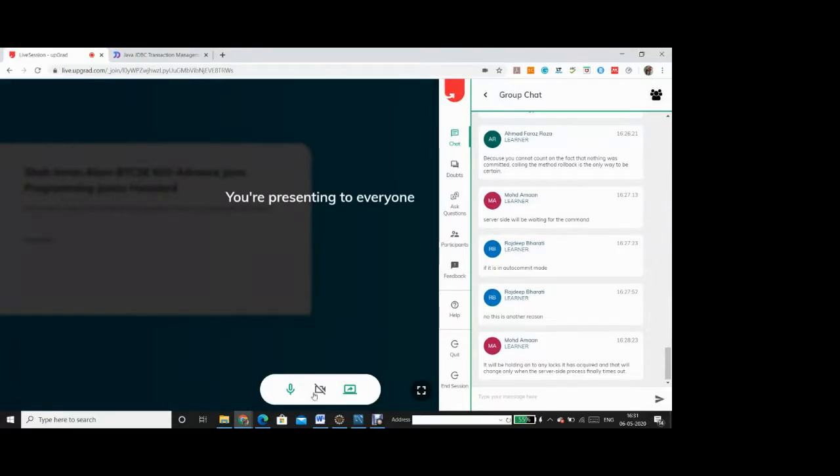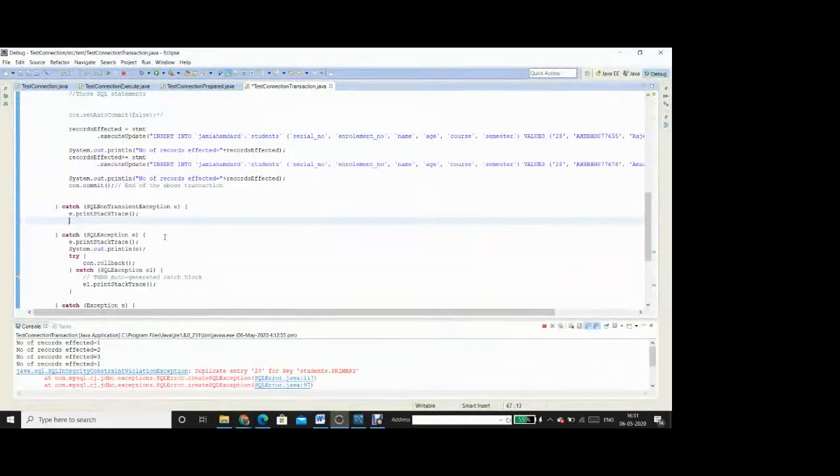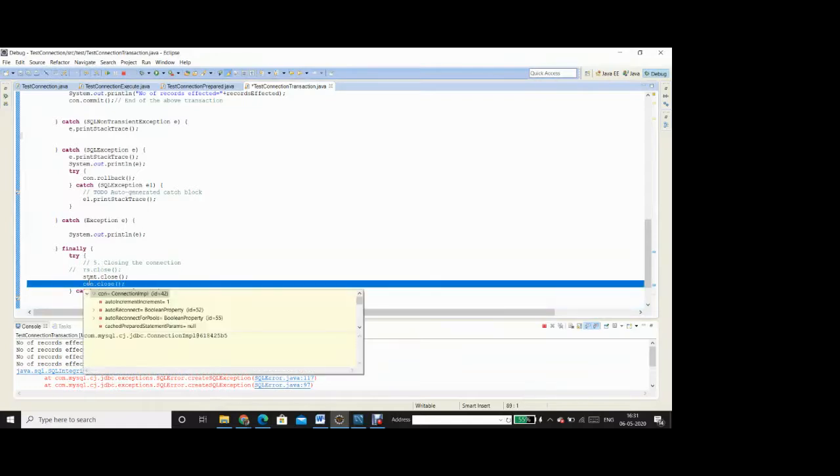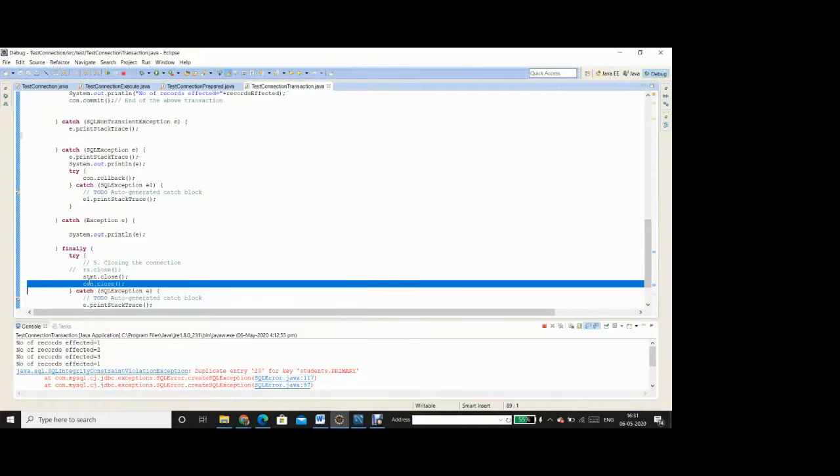When you say con dot close in the finally block, this again is dependent on the implementation of the driver class of the database server that you are using. So modern database servers, when you say con dot close, and if any commit statements are pending, then they basically send a rollback for them automatically.